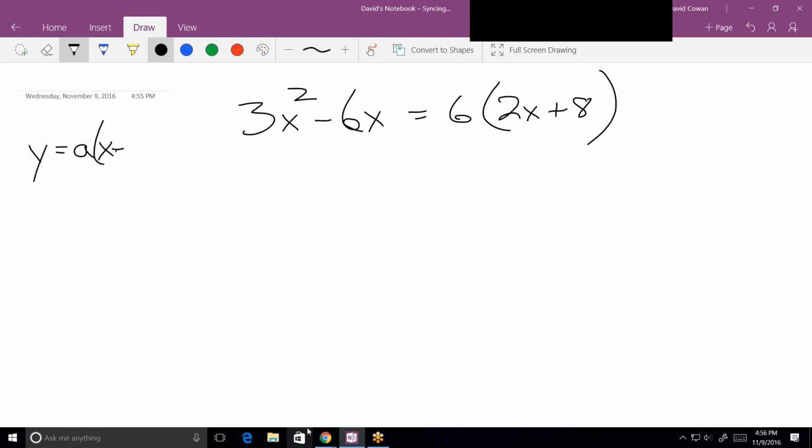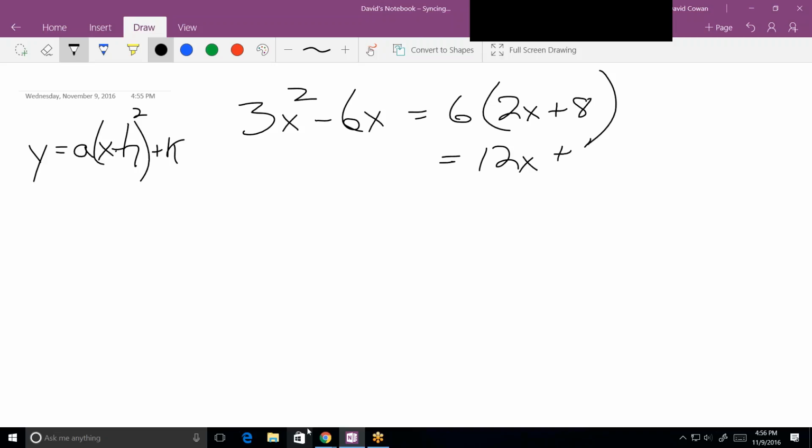So we have to take this equation we're looking at and make it look like this over here. Well, first thing to really do is to get all your x's on one side. In fact, get everything on one side. You'll notice in this equation over here, everything's on the right side. Okay. So first of all, let's distribute that and then get everything on one side. So when I distribute that, I get